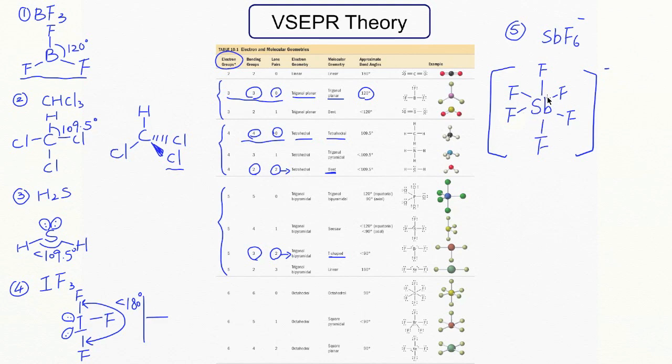All right, now if you take a look at the total number of electron groups around the antimony central atom, now it would be 6. Okay, 6 antimony-fluorine bonds. So it's one of the 3 options here. Now you have 6 bonds. Okay, that means 6 bonding groups, and 0 lone pairs. It tells us the electron geometry is octahedral and the molecular geometry is also octahedral. Okay, the typical bonding angle is 90 degrees. Okay, here if you get confused about the bonding angle, it's time for you to go to that website I recommended in the previous slides to see where that 90 degrees is. Okay,